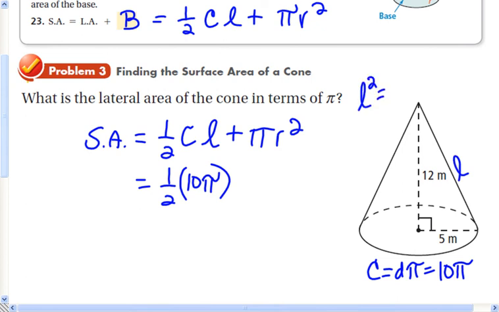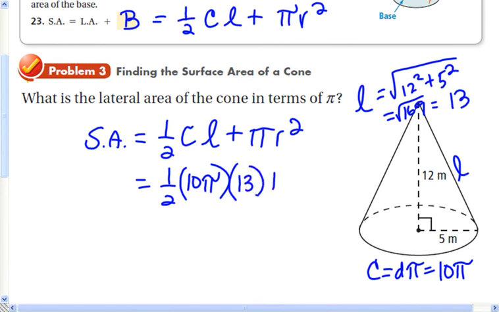L squared, is equal to the square. Actually, let's skip a step here. L is equal to the square root of 12 squared plus 5 squared. And that's equal to 169, which is 13. So our slant height is 13, so we can put that in there, plus pi times the radius squared. And if I simplify that, and we want this in terms of pi, so we're going to do 1/2 of 13 is 6.5 times 10 is 65 pi, plus,